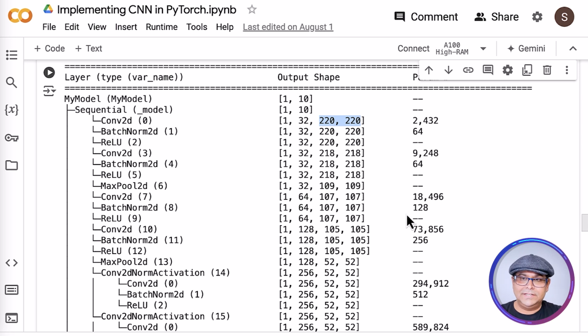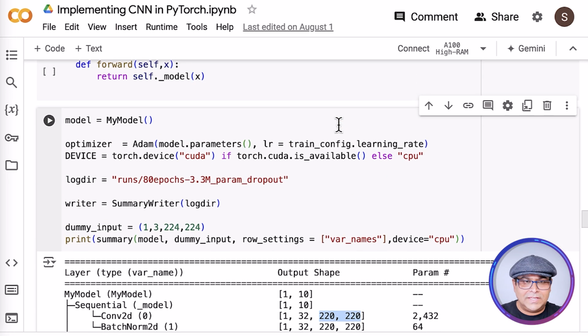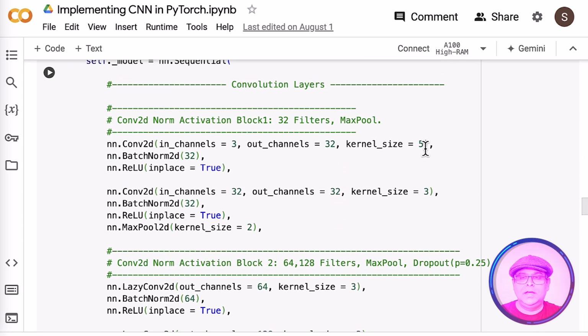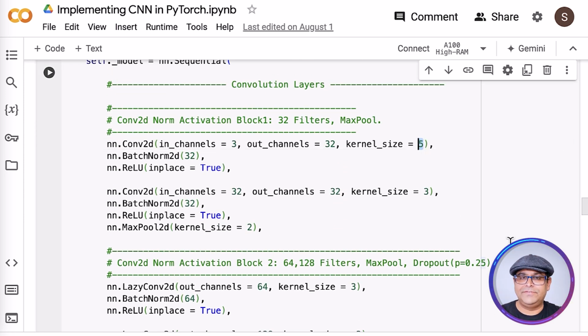So at every stage, if there is no padding, if we don't say that we want to create the same sized image, then because it's a convolutional operation, the size of the image would decrease. For example, here the size of the image decreased from 224 by 224 to 220. So you lost 2 pixels on both sides. So this must be a size 5 convolutional kernel. So we can see here when we are building it, a convolutional kernel with size 5,